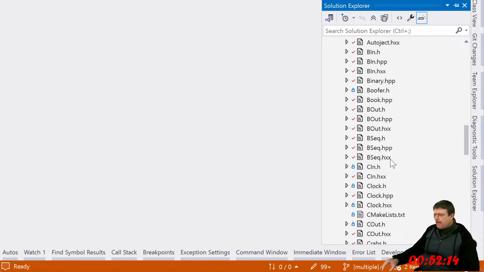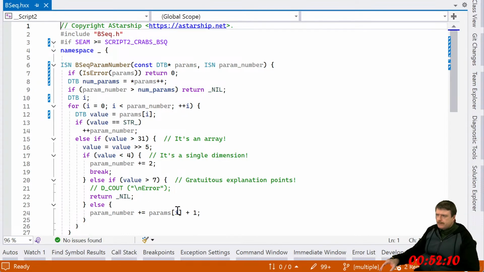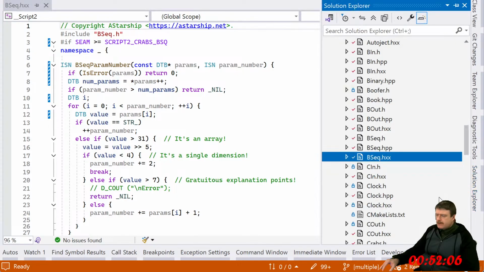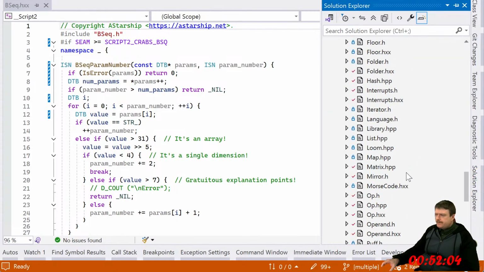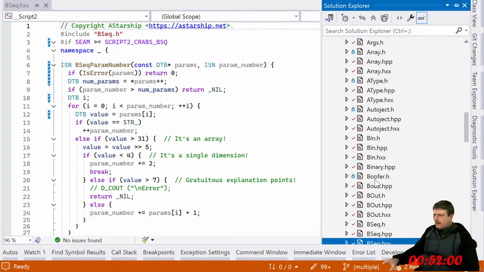on some work. So the B sequence. Maybe that's not what I'm looking at. B in, B out. I don't know if I really want these in different files.